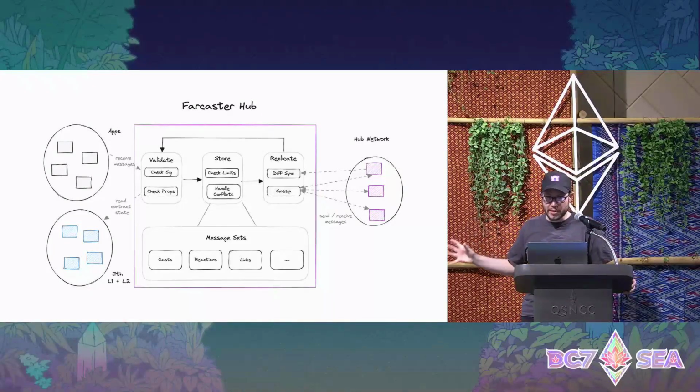A hub will accept a message if the cryptographic signature is valid and if the key is in the on-chain registry. Frame messages use this same format, which we use for signing posts, signing reactions, signing all the other types of messaging data on Farcaster. You can verify them in exactly the same way, but they're ephemeral. They're not stored on the network, but you can still verify them in the same way.